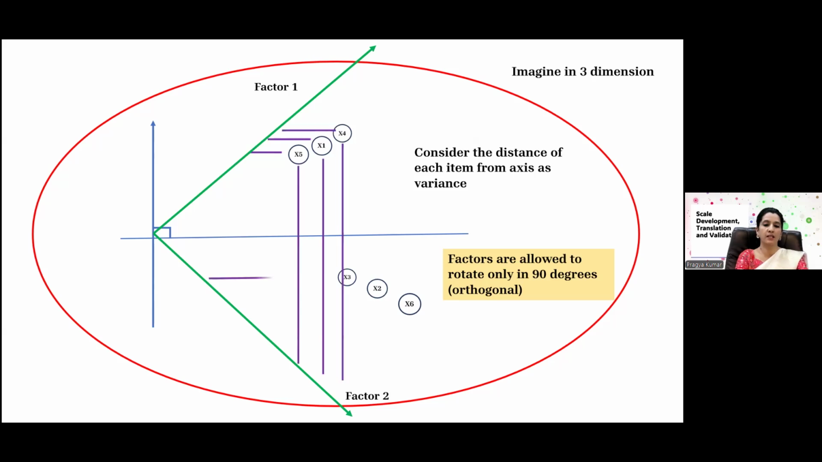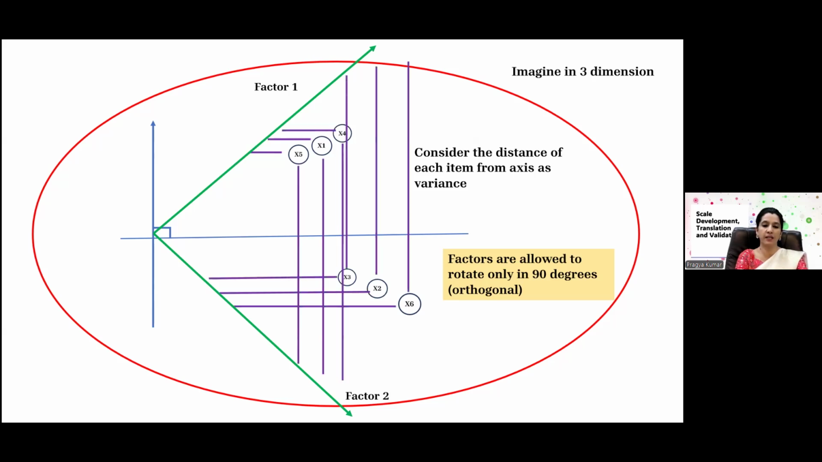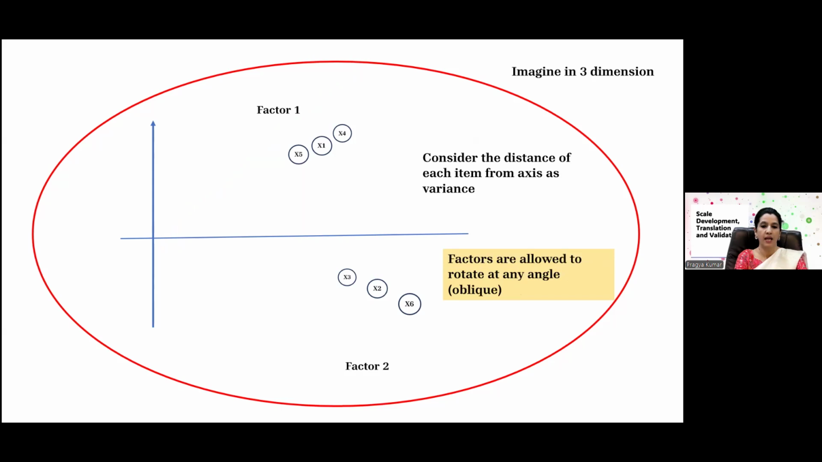So you can measure the distance between this. These are variances or error. And then if you allow the factors to rotate at any other angle rather than at 90 degree. 90 degree means orthogonal rotation and oblique means not orthogonal, means less than 90 degree. So if you allow this to have an angle less than 90 degree, then you can see the distance is